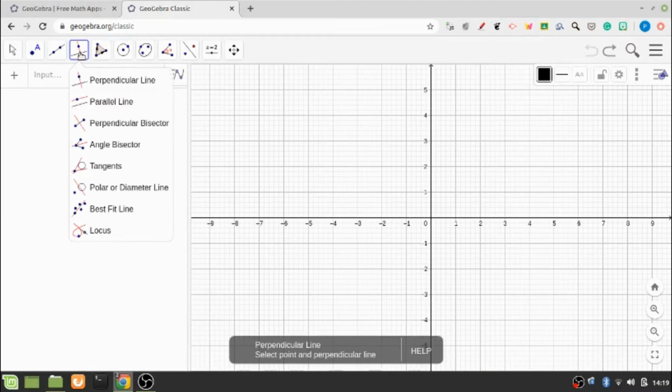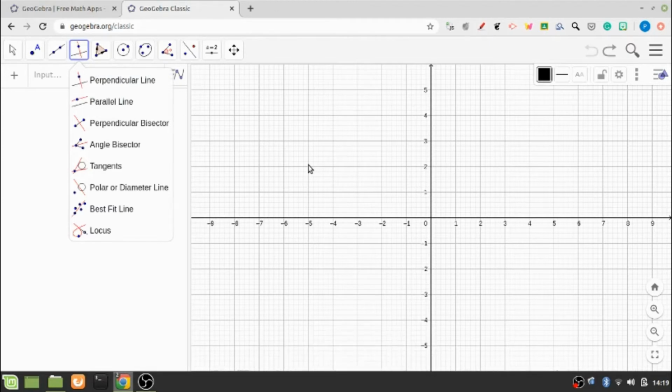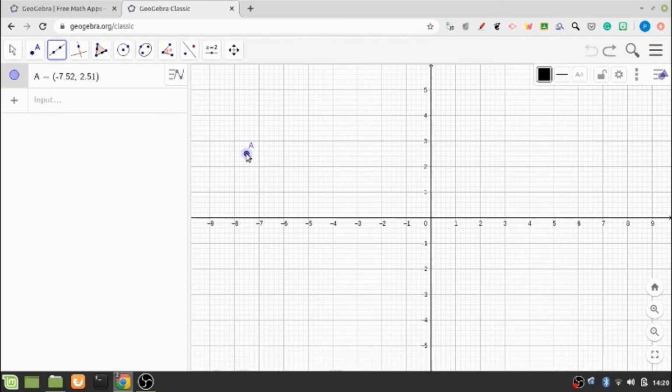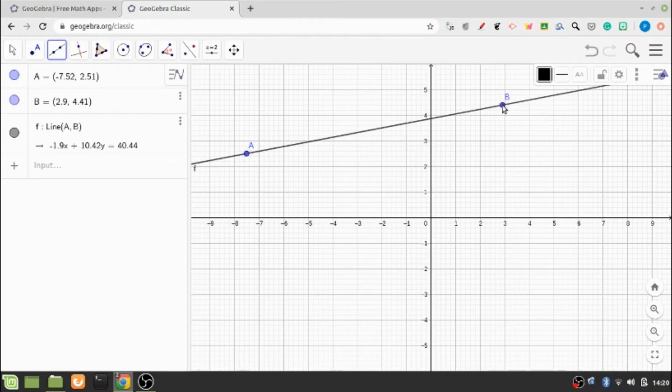So first, to explore the perpendicular line, we have to know what a perpendicular actually is. When we draw a line on another line at a 90-degree angle, then the second line is said to be perpendicular to the first line. So for that we first have to create a line. I click on this graphic window. Point A has been generated for us, and I can create the line in either direction. So let us say I want the line to be like this, and I click here. The next point, point B, has been generated and the line has been fixed. This is my first line, which has been named F.